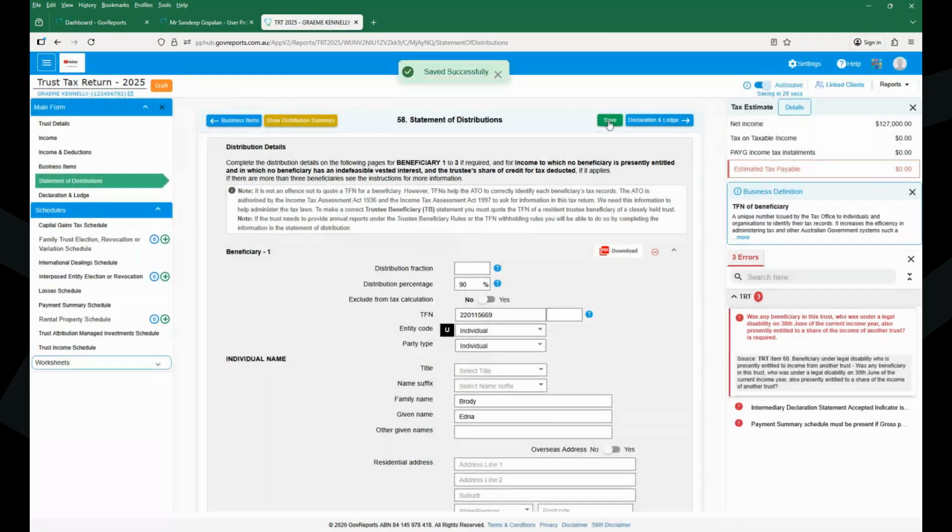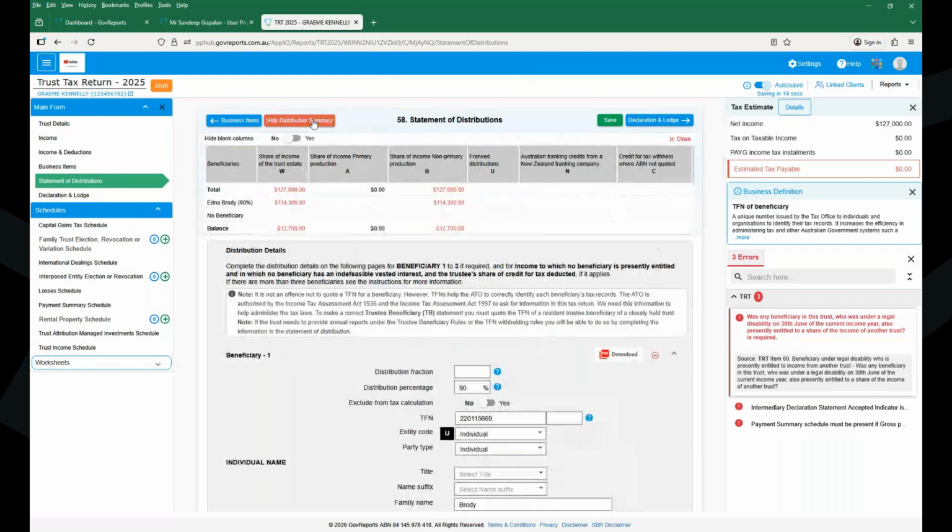On the top you can see a small yellow button, show distribution summary. This will give you a short summary showing the fields available on the income and how it has been distributed based on the beneficiaries. In this case, 90% has been allocated, and the balance amount, shown in red, shows that it has not been